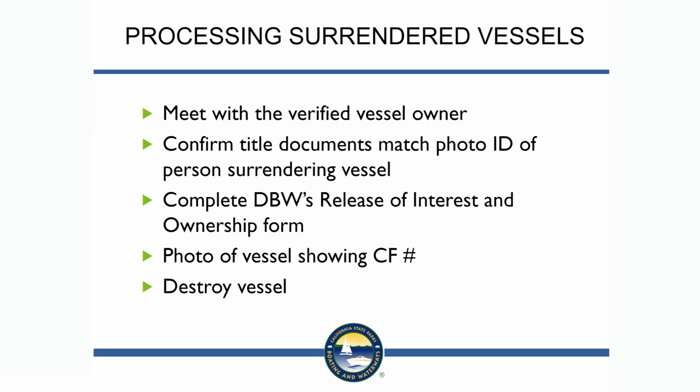First, make arrangements to meet the verified vessel owner. If possible, meet them at the disposal site. Make sure they bring the required documents. A verified owner is a person that has title or legal interest in the vessel they are surrendering, and the